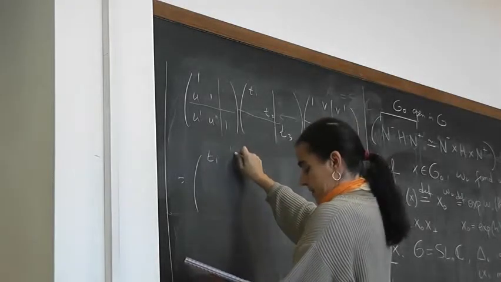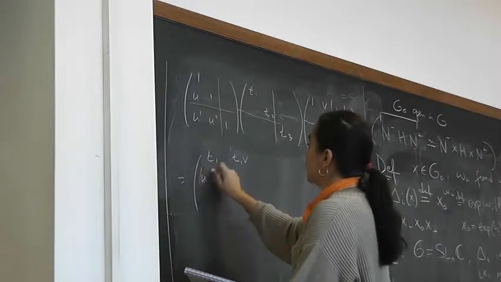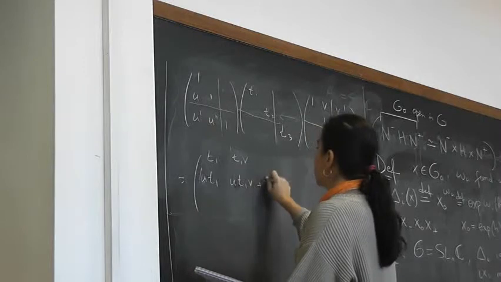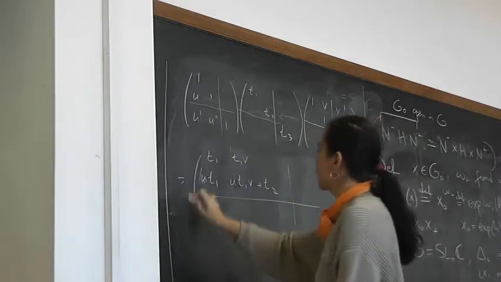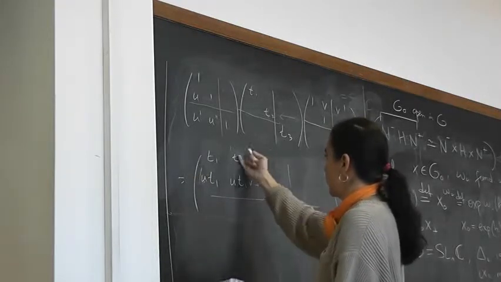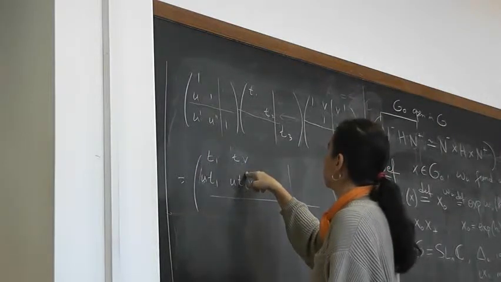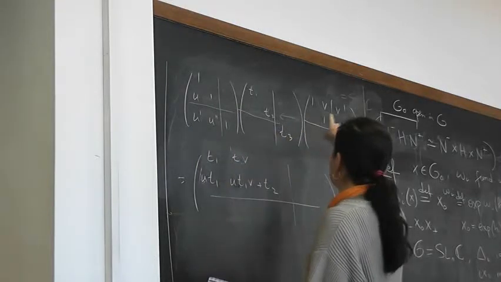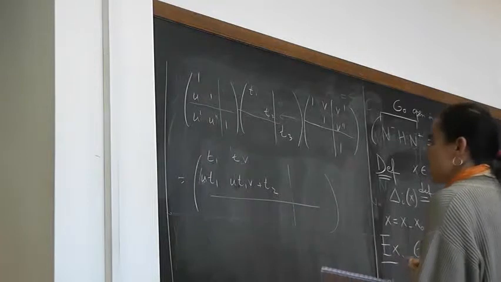T1, and then you have T1V, U T1, and then you have U T1V plus T2, whatever it is here. And when you do the product, no, it's T2 here, right? What is T1? So T1 is here, and then how can I make a mistake on this very stupid thing?